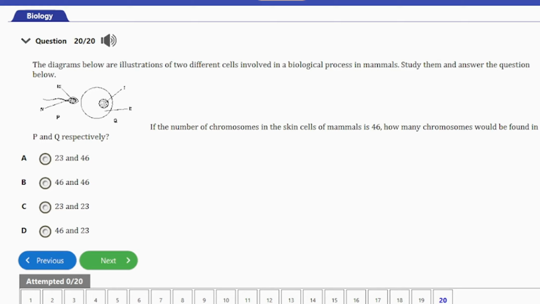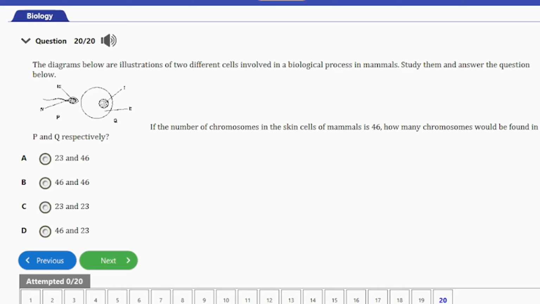Question number 20. It says, the diagrams below are illustration of 2 different cells involved in a biological process in mammals. Study them and answer the question below. If the number of chromosomes in the skin cells of mammals is 46, how many chromosomes will be found in P and Q respectively? So guys, again, it's just half the 46